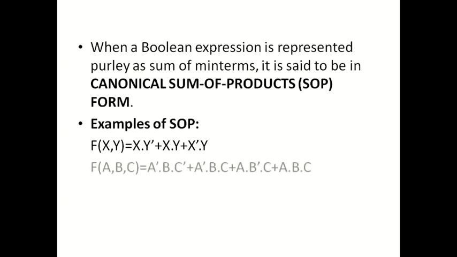Now take another example. The function ABC is equal to, and we have a Boolean expression. Now you can see here that in this Boolean expression, we have 4 terms. Now you have to see all the 4 terms and find out whether all the terms are in min-term form or not. Yes, all the terms are in min-term form, because in all the terms we can find all the 3 variables, and all the variables are in a product form.